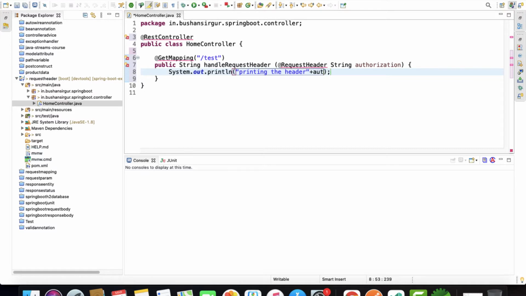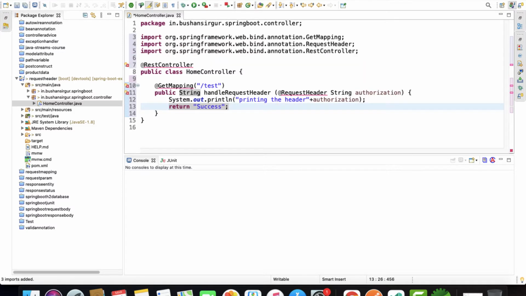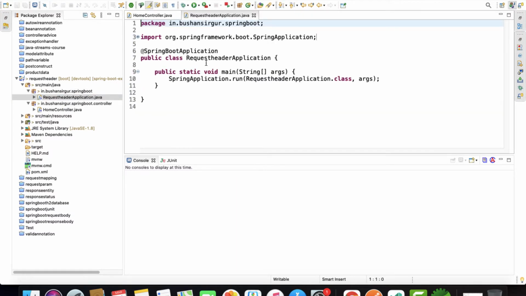Let's concatenate the authorization, and we're going to return the string, which is success. So let's import all these annotations, and now let's save this and quickly run our application.